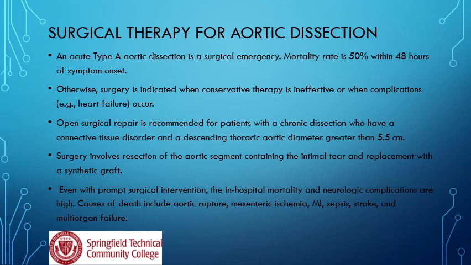Open surgery for aortic dissection is only done in an acute type A aortic dissection, because that patient is going to die if surgery is not attempted. Typically, with these patients, they want to control their blood pressure, control their heart rate, and only do an open repair when they really can't avoid it anymore. So for patients who need surgery, it involves taking out the segment of the aorta with the tear and replacing it with a synthetic graft. It is a very high mortality and high morbidity surgery.